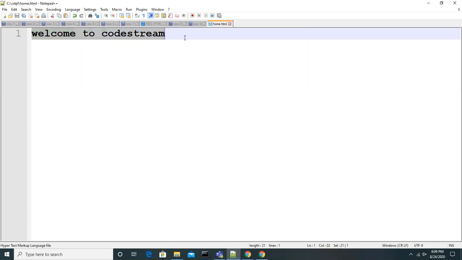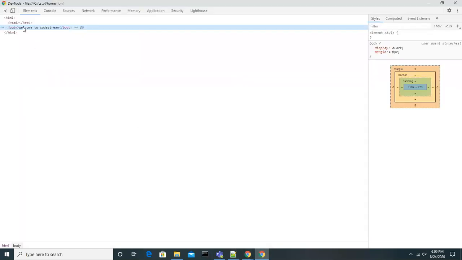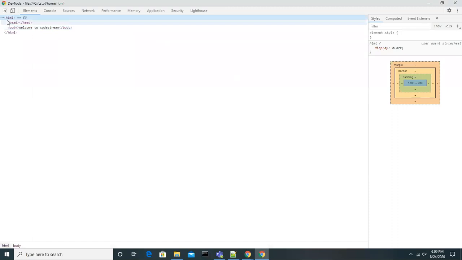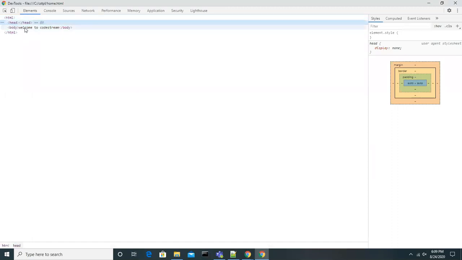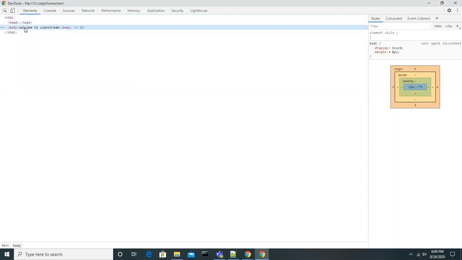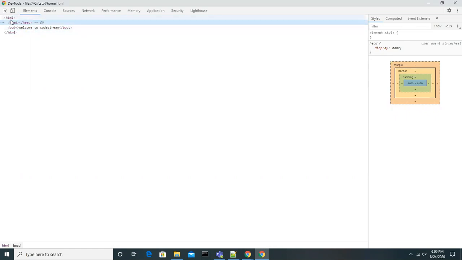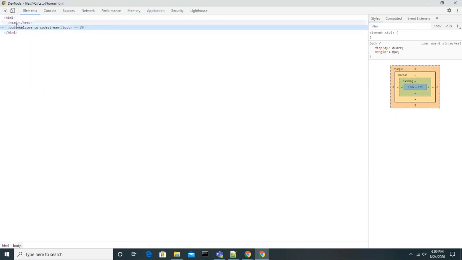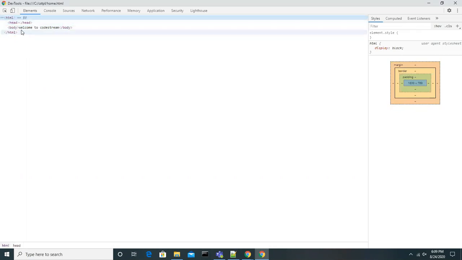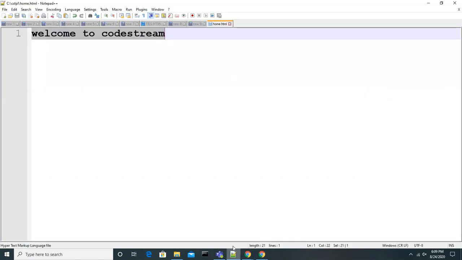Any HTML tags did I add? No, sir. But still, after rendering, if you go and see that, the HTML tag was added by default, the head tag added, the body tag added. I haven't done anything. So by default, the browser added those things when you keep that information.